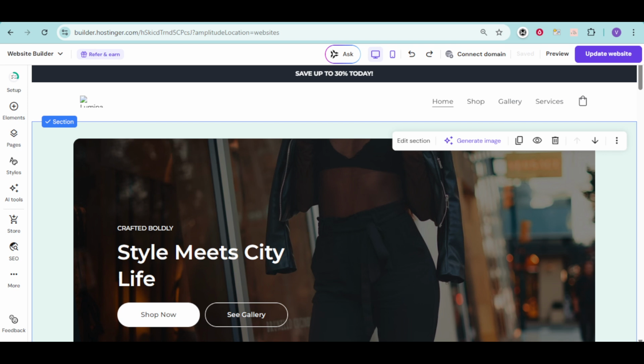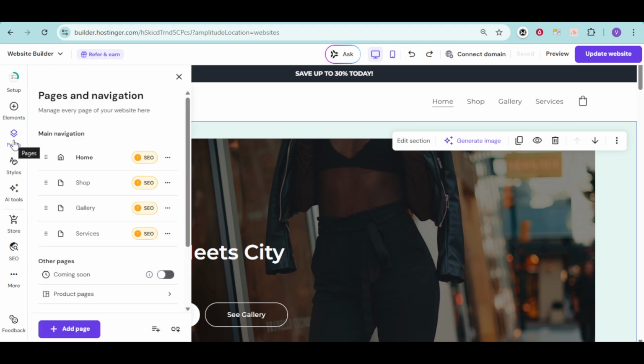In the sidebar, find the pages and navigation icon. It usually looks like a small stack of pages. Go ahead and click that. This panel controls what appears in your site's navigation menu, including the pages visitors see at the top of your site. When you click it, you'll see a list of all your current pages, usually in the order they appear